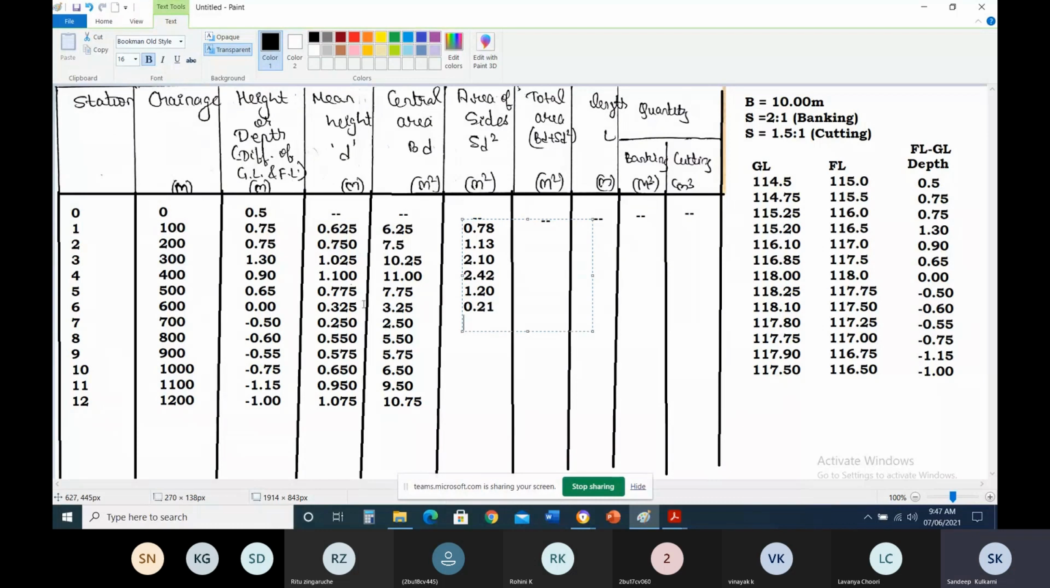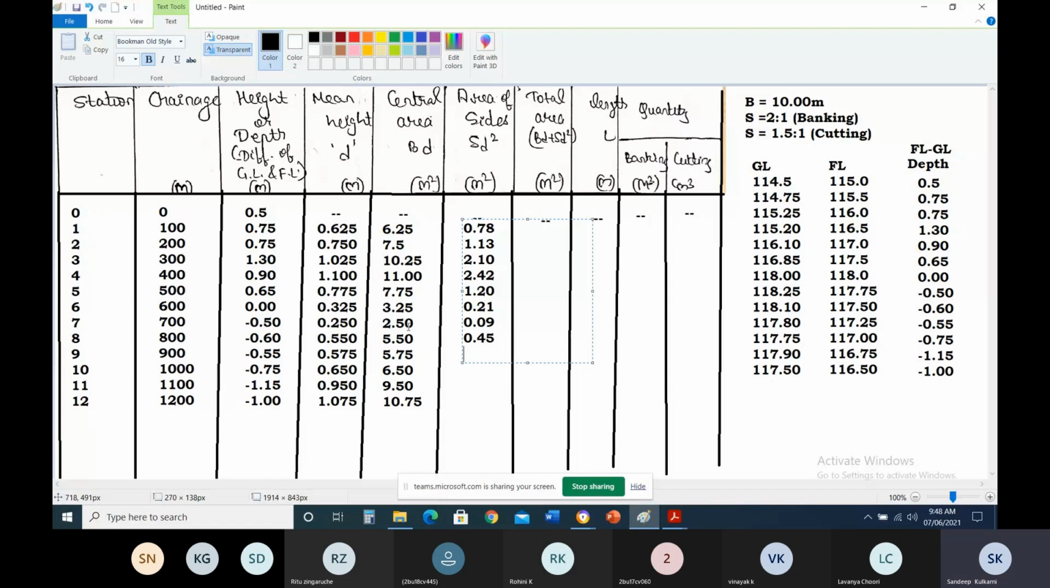Now up to 600, it was banking. Next, for cutting, the values are in minus. So I'll take s as 1.5. For this case, 1.5 into d, which is 0.25, that is the mean height you have to take. So 1.5 into 0.25 square, I'll be getting 0.09. Similarly, next will be 0.45, 0.50, 0.63,